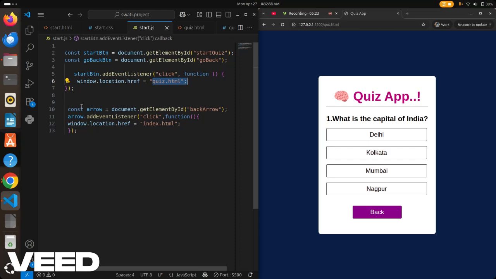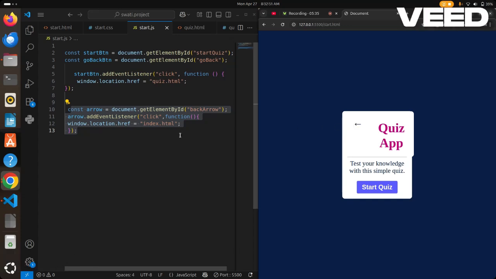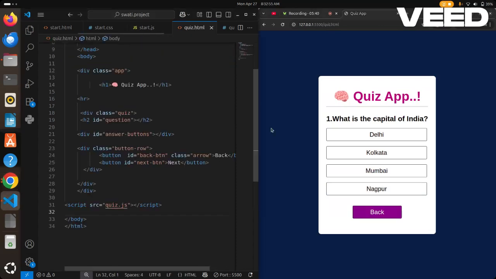After that, I make another one for the arrow button. You can see here one arrow. If we click on this, it will go back to the home page. I make this functionality for that. After that, you can see here how the next page is looking, like questions and options are here. How? So in that also, firstly I gave an h1 heading.